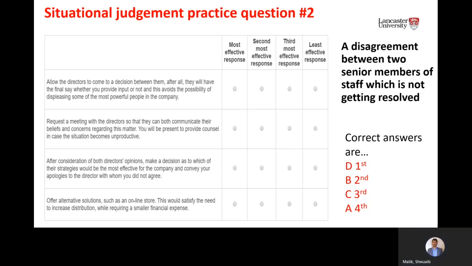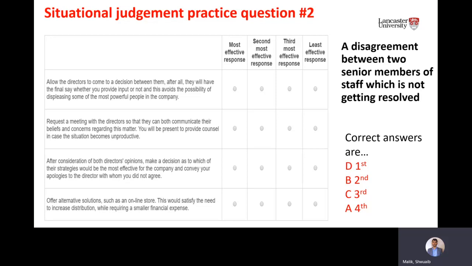However, the retailer wanted a certain amount of orders. So there's no real better way than what D is presenting. It's offering an alternative to what cannot happen essentially for the company. So an online store would satisfy the need to increase distribution, and it will lead to a small financial expense. So the disagreement, and the reason why the 2 senior members of staff were angry,